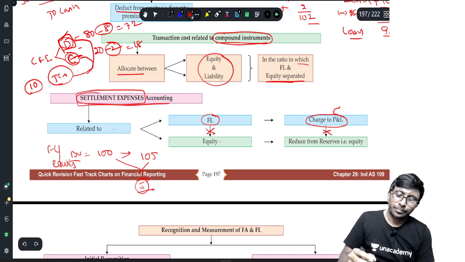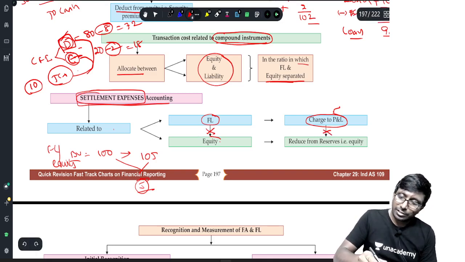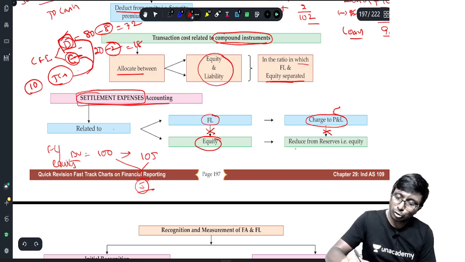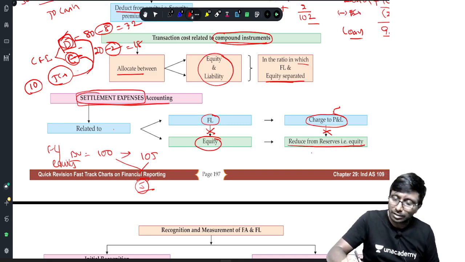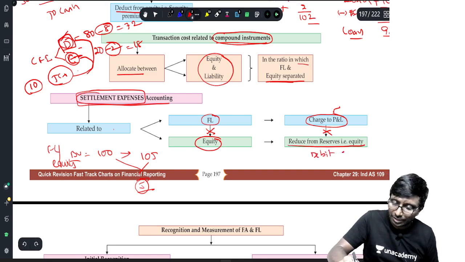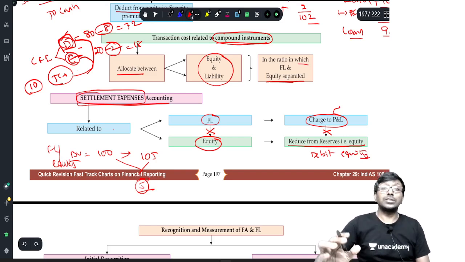You can cut it. Okay, right. If it is related to equity, then it should be reduced from the reserves. Yes, you have to debit. Correct. This is nothing but you have to debit equity, because the minute I say equity, it is pertaining